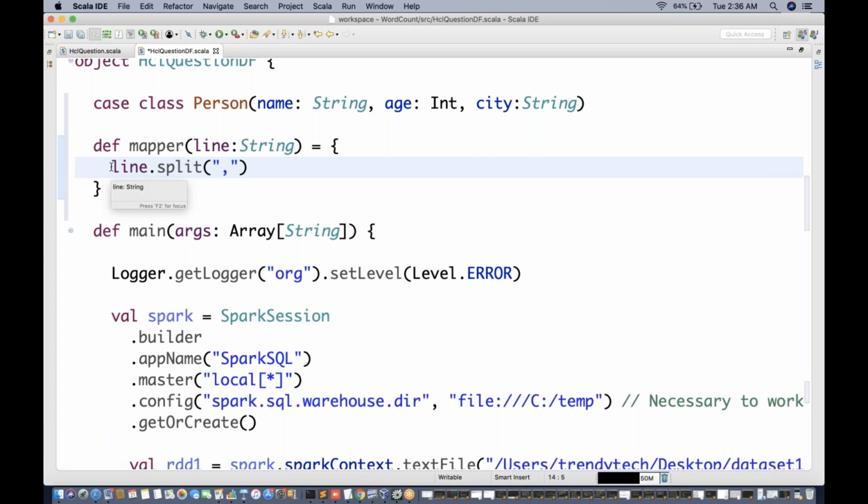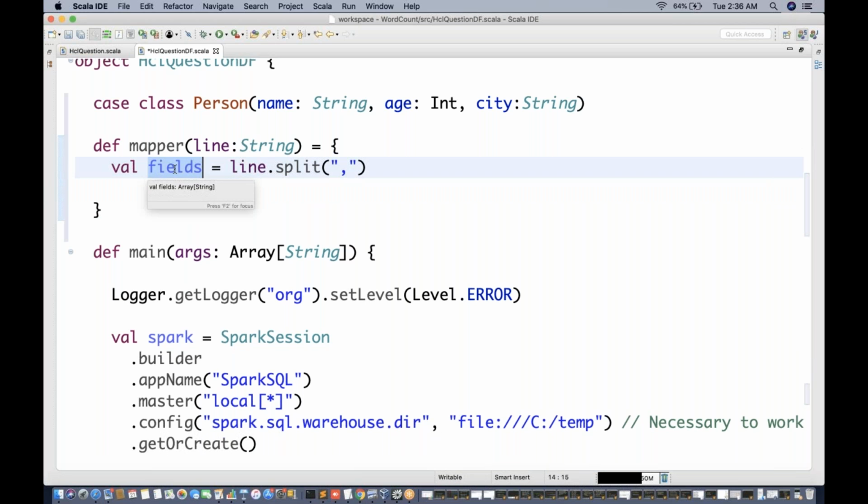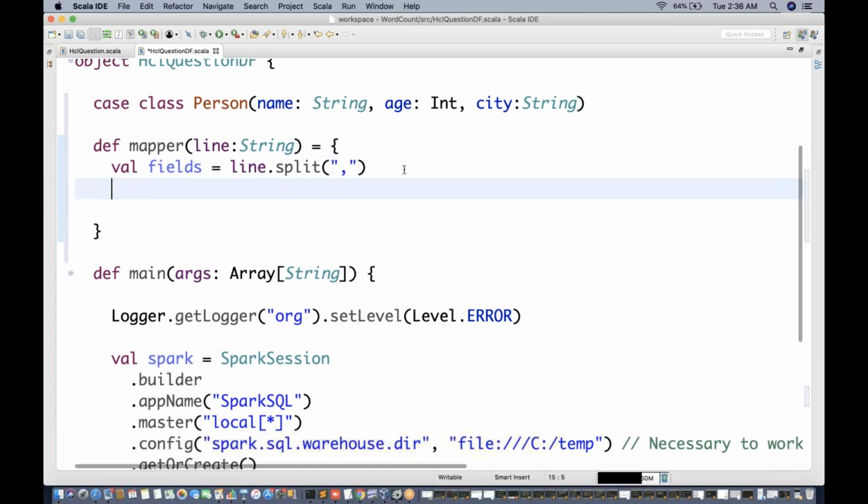So val fields equal to this. It can be any name, remember. Now on top of these fields we want to impose this structure.